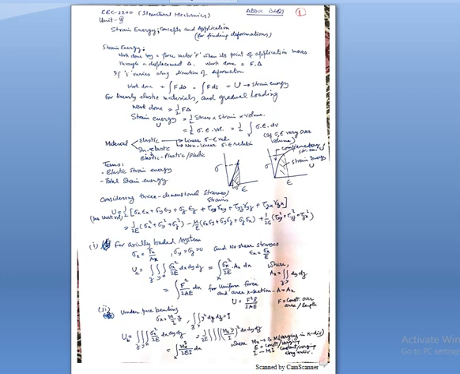Naturally, if the stress is increased from 0 to a maximum value, the strain energy will be nothing but half of the stress into strain, and this will be called the strain energy per unit volume. The total strain energy is nothing but half stress into strain into volume. Now, over the volume, if the values of stress and strain are constant, it is very simple to find: just half stress into strain into volume.